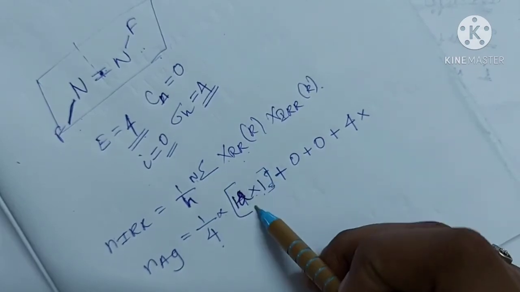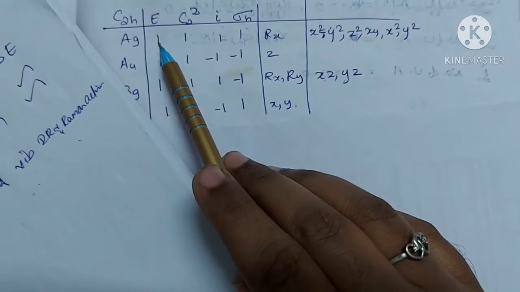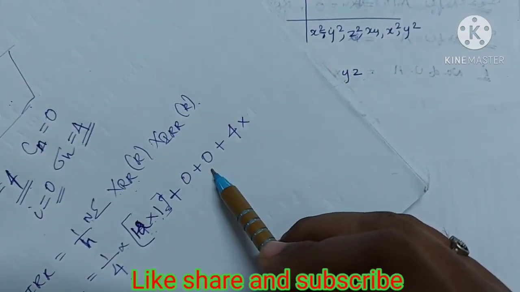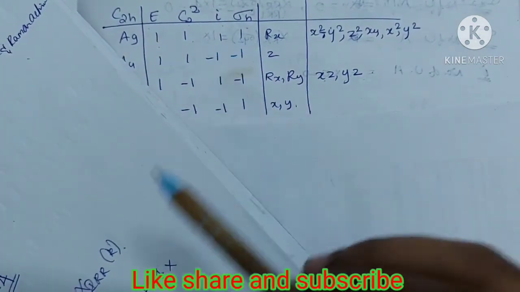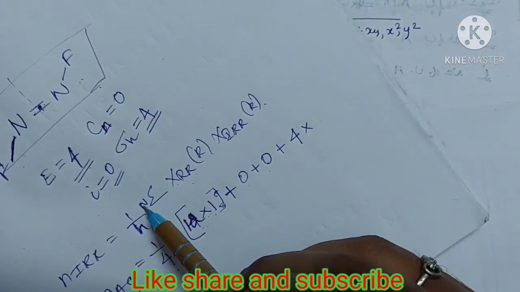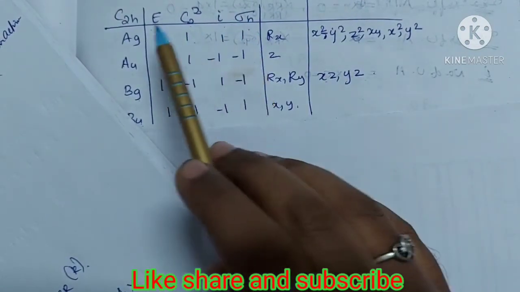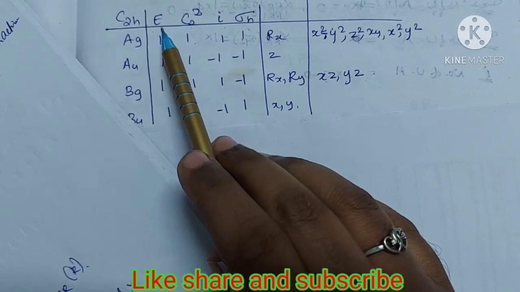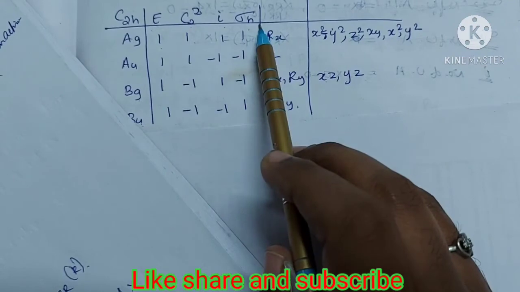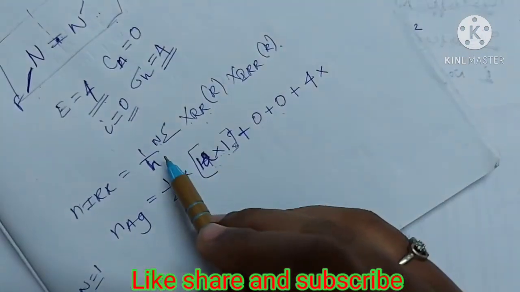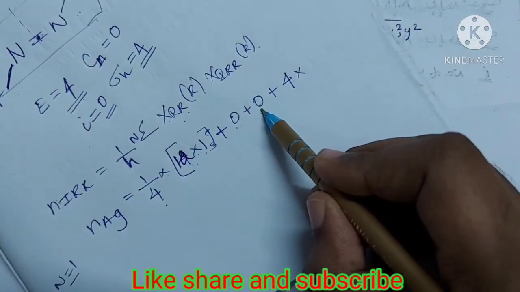For the identity element it is 12, so 12 into 1. Then we have 0 in the reducible representation, so 0 into 1, 0. In the case of n here, we have only 1 E, 1 C2z, 1 i and 1 sigma h. The number of operations in a particular class is given by n. In this case, we have only 1 operation in each class, so we can write n as 1. So in this case, we have 0 and 0 for C2 and i.